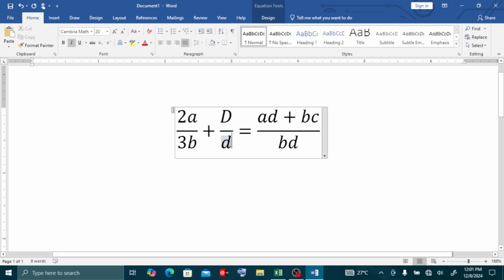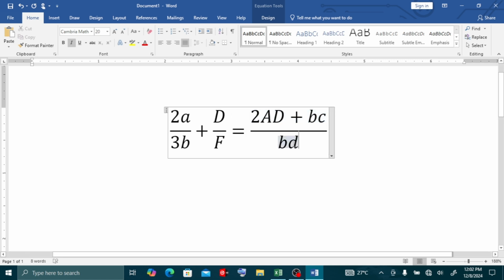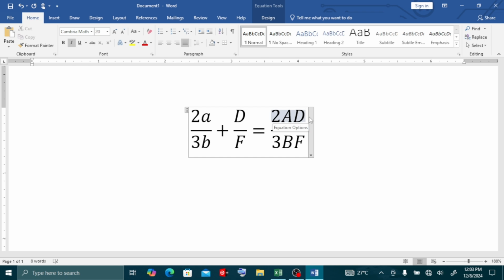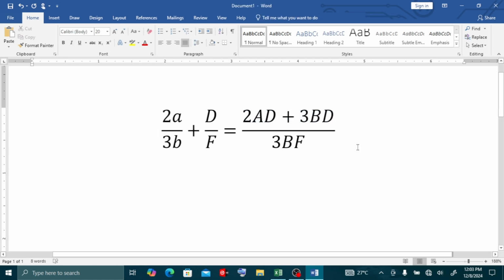We remove c, we remove d, and we put f equals 2ad over 3bf plus bd plus 3bd. So assuming that we want to see such kind of equation, that is how we can modify this one.